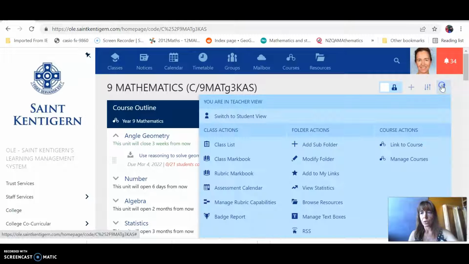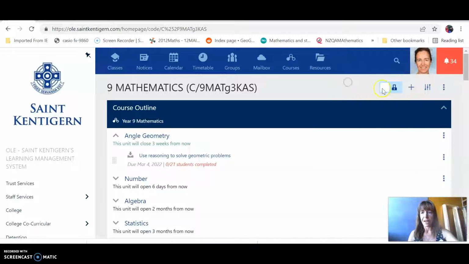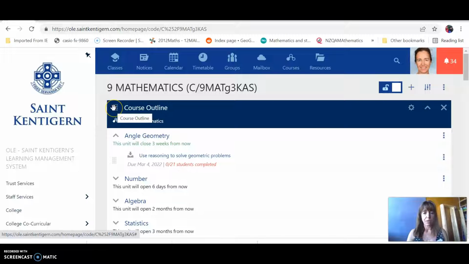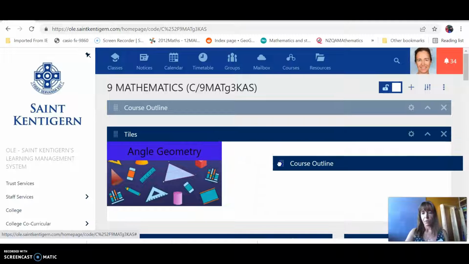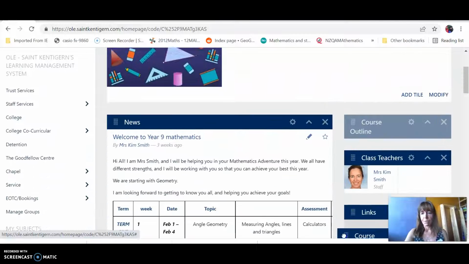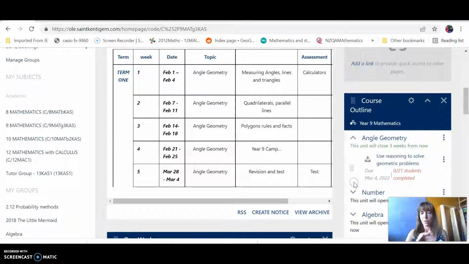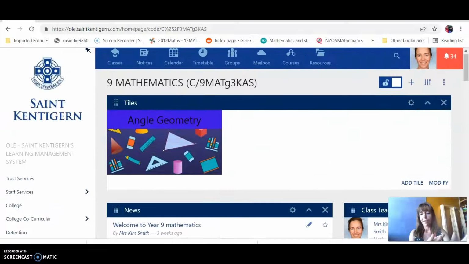So if I go into, oh, never mind, I won't go into it, but I'm going to just move this. I'm going to click that and then I can move it so that it's not right at the top of my page. I'm going to put it down at the bottom there so that students can get it if they want to,